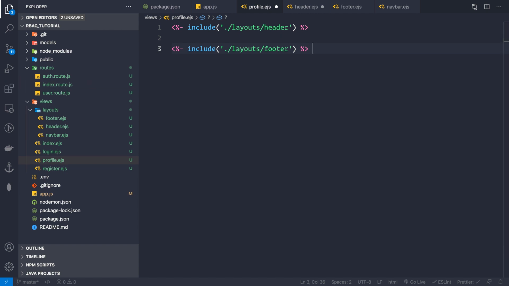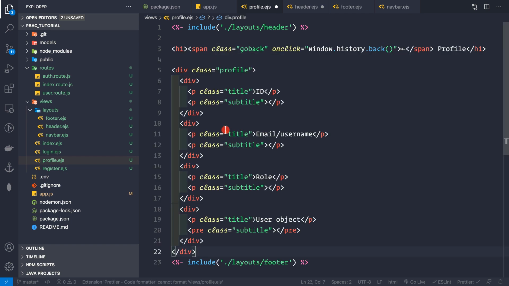So now let's come to the profile.ejs file. And here again what I'll do, I'll simply copy and paste the HTML here. So let me save this. And here we simply have an h1 here that says profile. And we have an on-click behavior on this button here, which will take us to the previous page on which we were before coming to this profile page. And it is simply using the history thing here, that is the window.history.back thing.